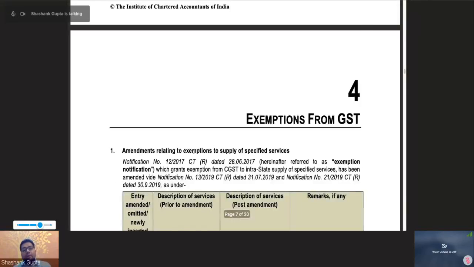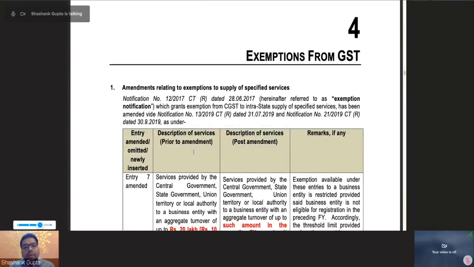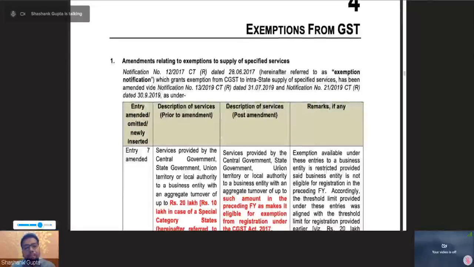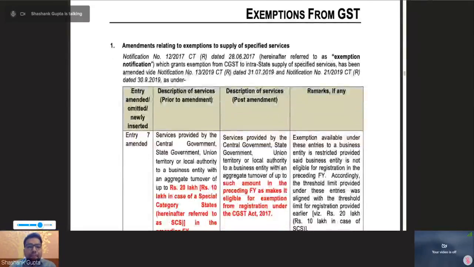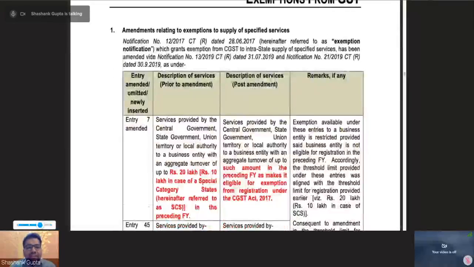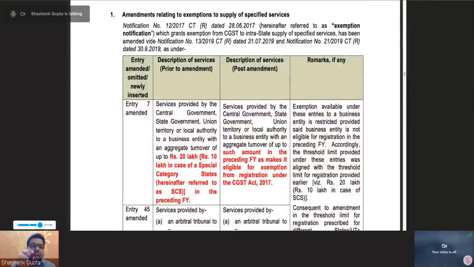Exemptions from GST. Okay. So here we will dedicate some time and I'll try and explain everything to you simplistically here. Recent changes in exemptions. Friends, there have been some changes in the already existing exemptions. For example,